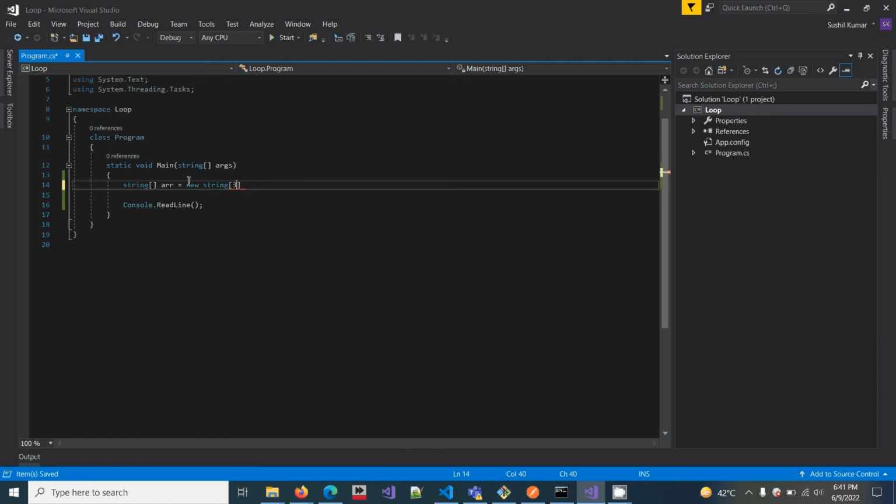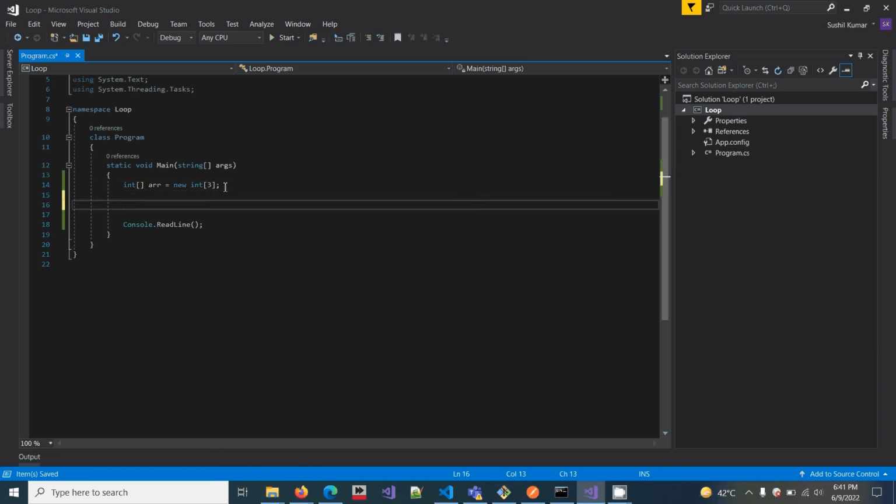Like we have 3 values, and we can change it to an integer type of array. We will discuss arrays in the next session. Today we'll discuss only loops.